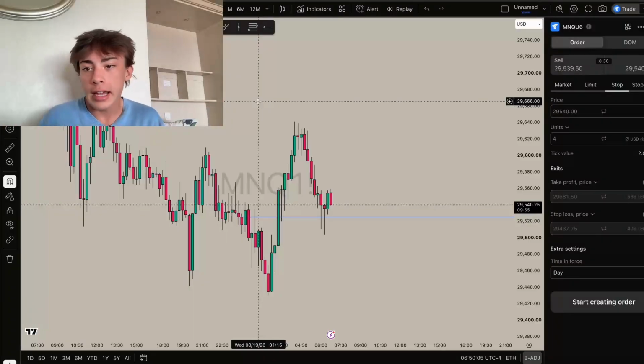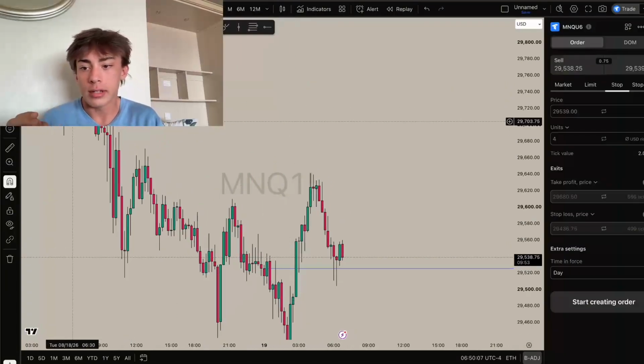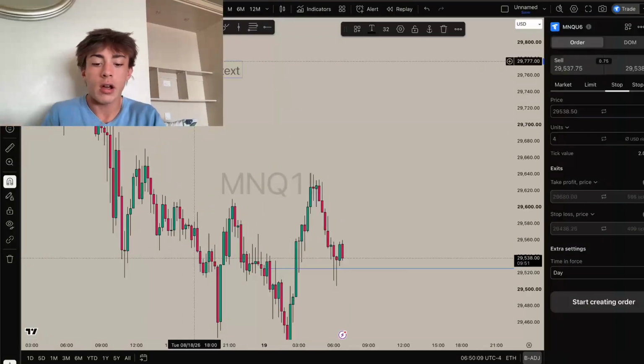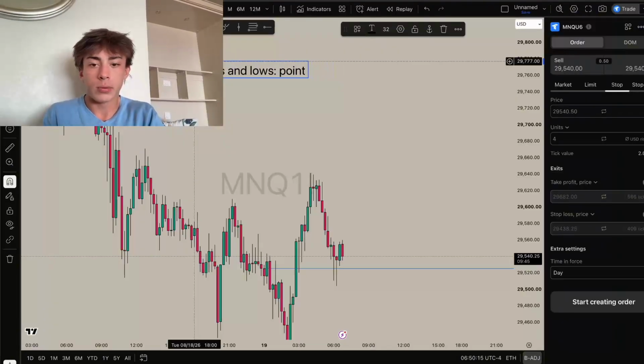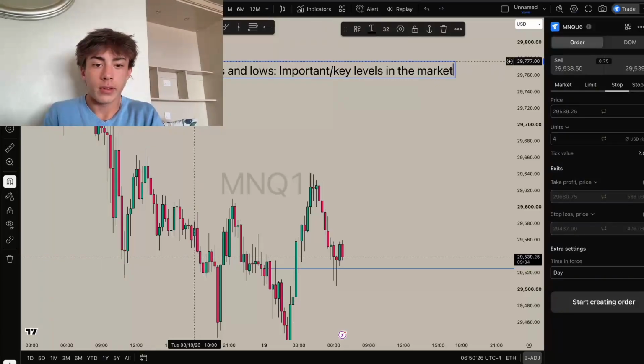So for today, you're going to be learning about highs and lows. Now, let's make quick definitions that you can write down. Highs and lows are levels. We'll say key, or no, important. Write this: important slash key levels in the market